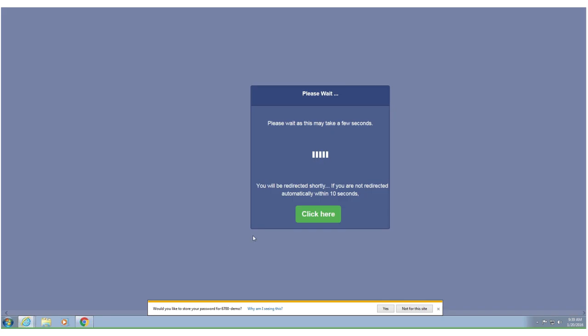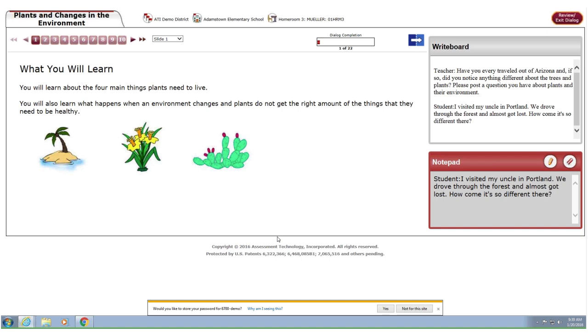So we're going to go ahead and click on that particular dialogue. There are a few things I want to point out here. The first is that this particular dialogue is showing up for the student because, one, it was part of the development of the unit, it was tied to a standard, and it was scheduled by the teacher as part of the lesson plans. And the interactivity here now is that through the platform and through the dialogue, not only does the student have the opportunity to learn and practice, but you'll notice on the right side, under the heading Whiteboard, the teacher now has a direct way to communicate with the student in terms of instruction,